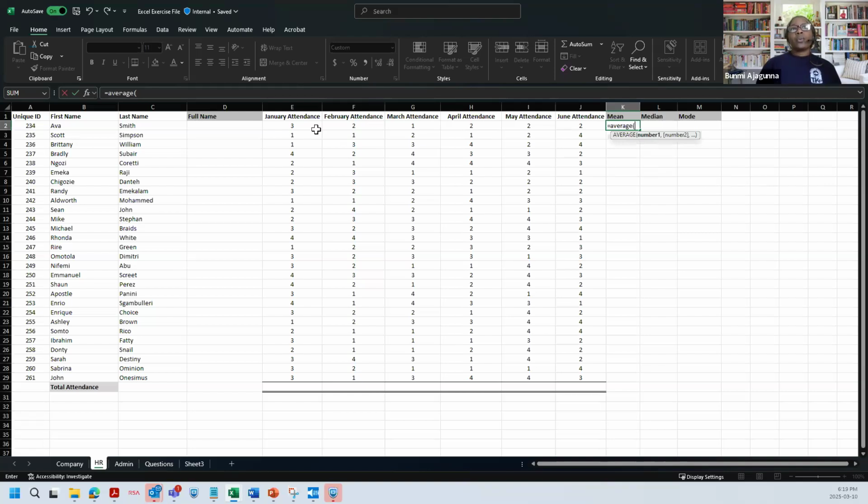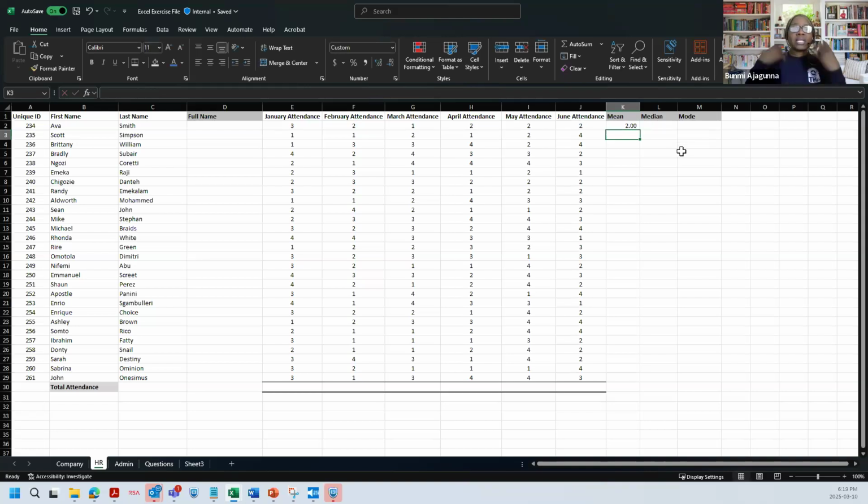When you have that bracket open, you pick the distribution that you want. We want to pick the distribution from E to J because that is from January to June. So we drag our cursor across this distribution, and it shows here that it's equals AVERAGE(E2:J2), and then you close your bracket and press enter.